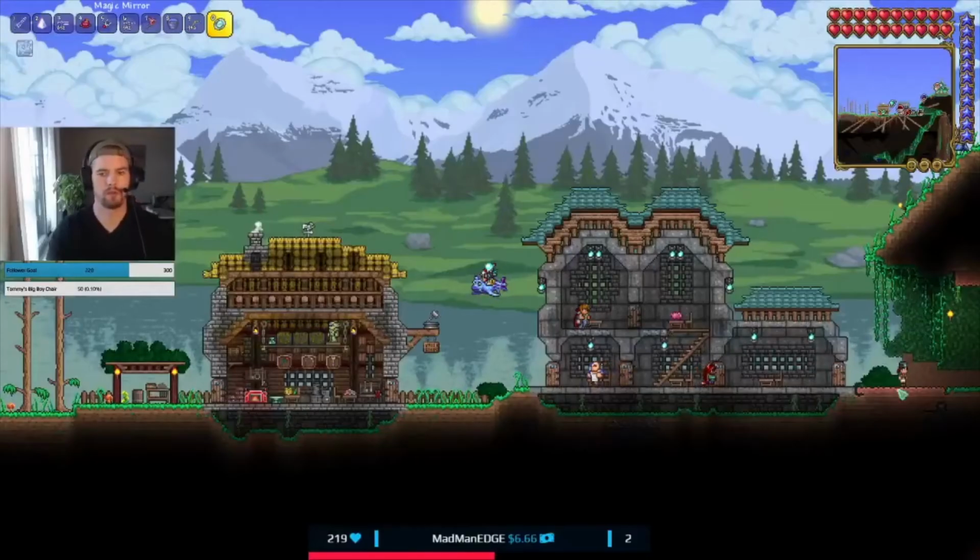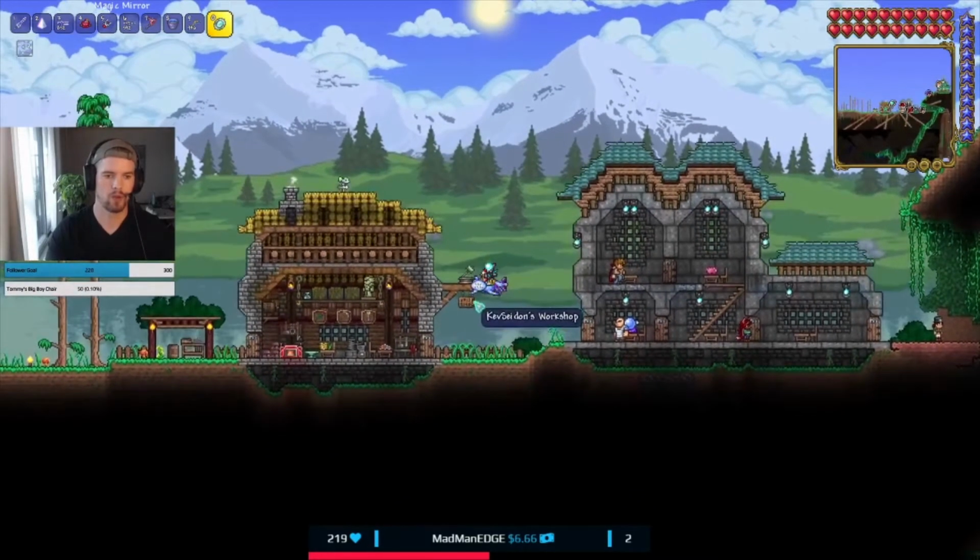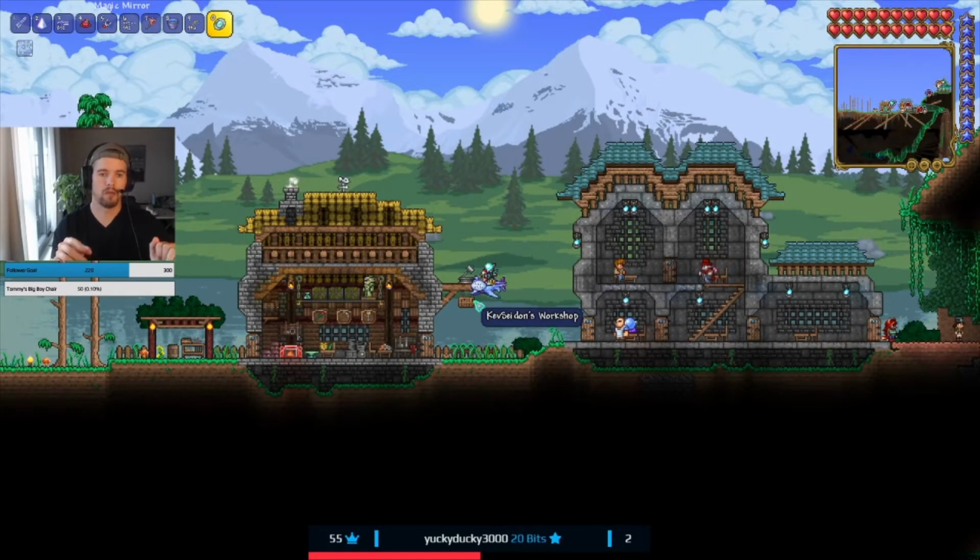This is the first thing I built. It's very crappy. Don't ignore this. This one was a decent little workshop. So basically, the way this works in this world for me is I do big builds that I kind of